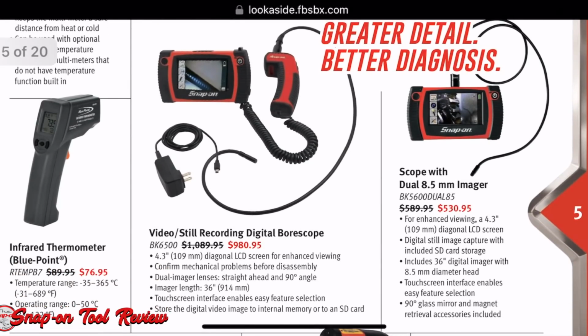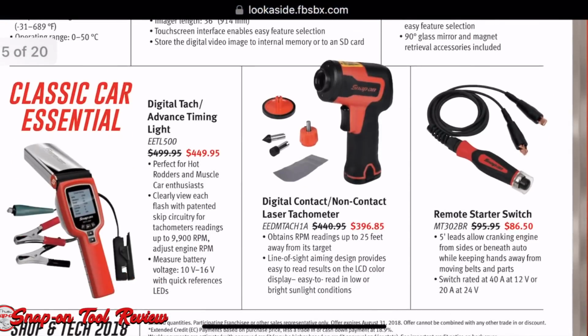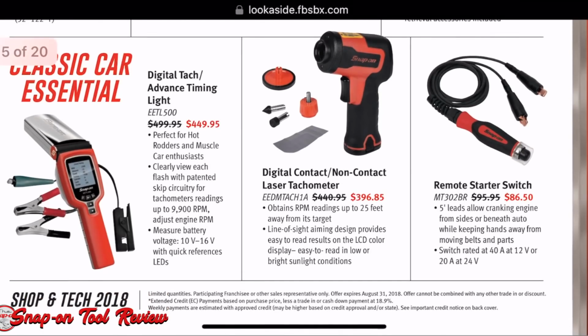Imagers, the 6500 and the 5600, and they're on some good sales too. This is where you're going to find the real sales, guys. Infrared thermometer, $76.95. Then you got the laser tachometer. That looks like a 7.2 volt tool. It probably takes a 14.4 volt battery in there too. Non-contact laser tachometer, and the remote starter switch, which I own,